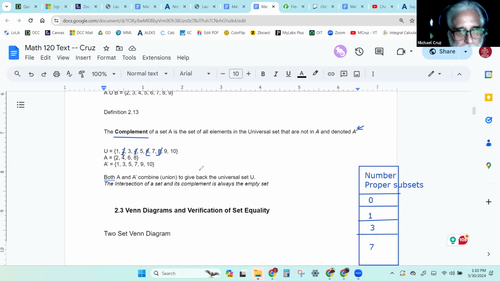Okay. And then you can see that they have nothing in common because they're complements of one another. That's what the word complement means in regards to the set theory here. It means that they are opposites of one another, essentially. Okay, that's what complement means. So when you see that little thing up there,